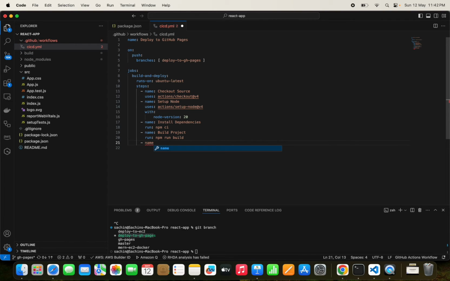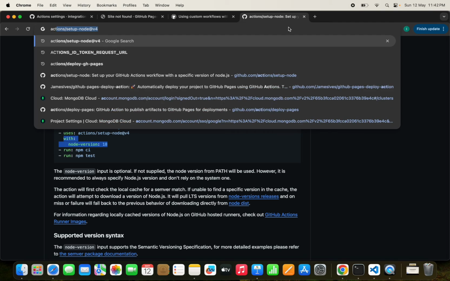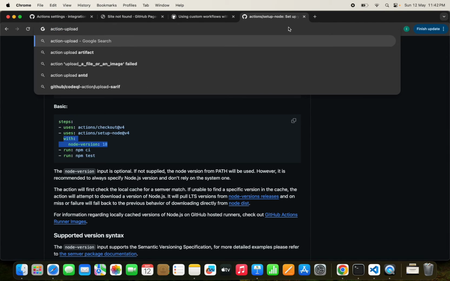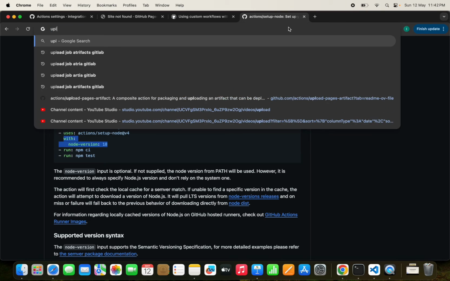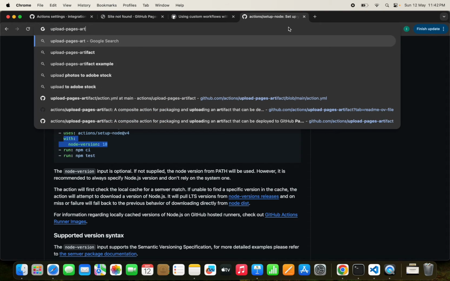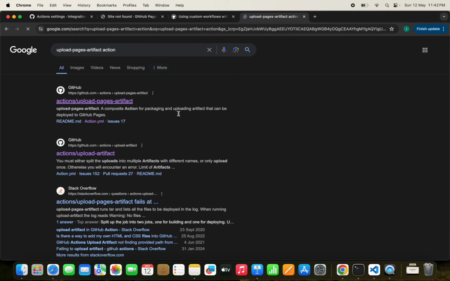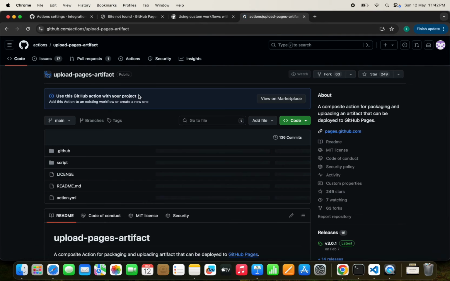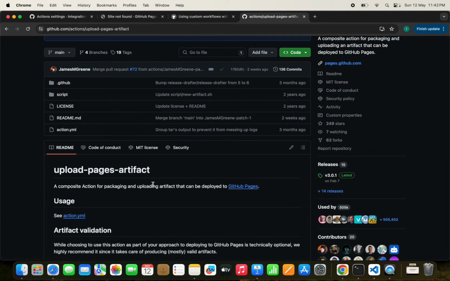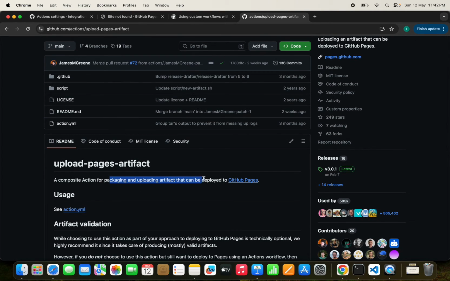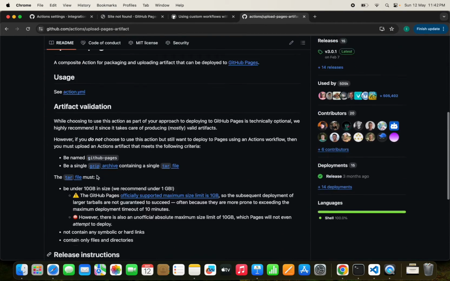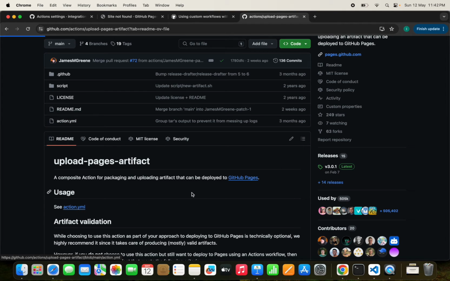Now what we need to do is upload the artifacts to GitHub Pages. GitHub provides one action, upload-pages-artifact. So let's see that. Actions upload pages, not that, upload-pages-artifact, which will upload the required files, an action for packaging and uploading artifacts that can be deployed to GitHub Pages. Here inputs are not mentioned, so we can open the action.yml,